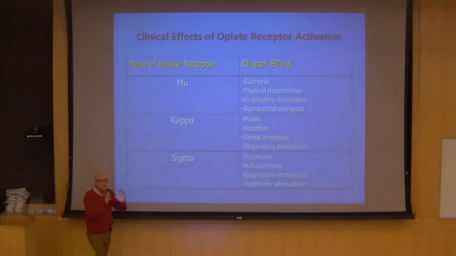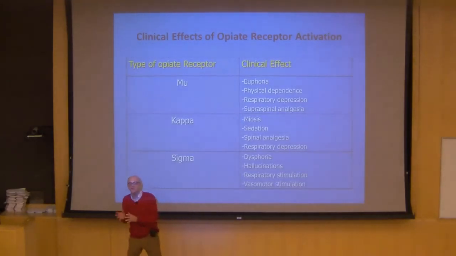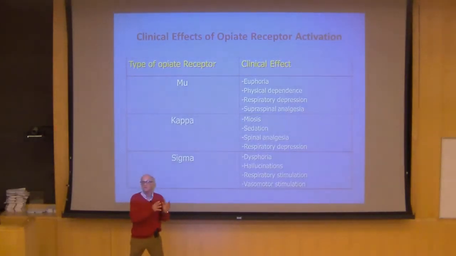Now, we can attribute the different effects of the opiates to different receptors. One is, and we all know that the opiates are abused by many people, and this is because of the euphoric effect. And this is obviously in the CNS. We also know that opiates cause physical dependence. This also occurs at several levels. One is at the CNS. And all of these effects are modulated by the mu receptor.